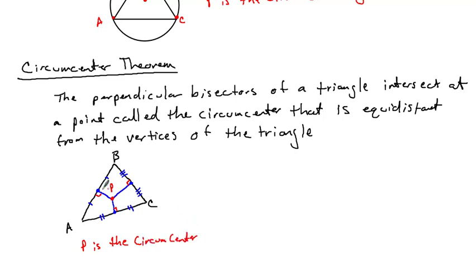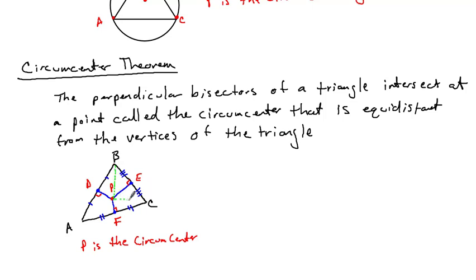But there's a lot more going on in this picture too. We have a new point here, so this is D, this is E, and this is F. So when you see this picture like this, it said the perpendicular bisectors of a triangle intersect at a point called the circumcenter. That is equidistant from the vertices of the triangle. Well, that means that this point